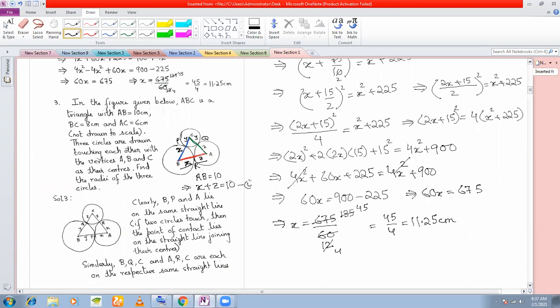So you're getting one equation. Similarly, BC is equal to 8 is given, so you'll get x plus y is equal to 8. This will be your second equation. And the last one, AC is given to you as 6. AC is the sum of y and z, so y plus z is equal to 6. These three equations we are going to get. Now these three equations we are going to solve simultaneously by a very special technique which I will show you tomorrow. So for the time being, I leave you here.